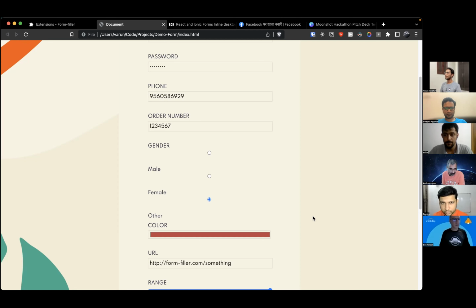Hey, Anish and Varun, great product there. I think I saw in your demo video that you mentioned the way it works is not through IDs and labels and keywords, but you actually check for the input type. And you also mentioned that it works better if the website is done in an accessible way, where every element is semantic and all those things are followed. But you might have seen that websites generally don't follow accessibility guidelines. You don't have correct input types on the inputs and so on. You would mostly find an accessibility-wise broken website. So do you